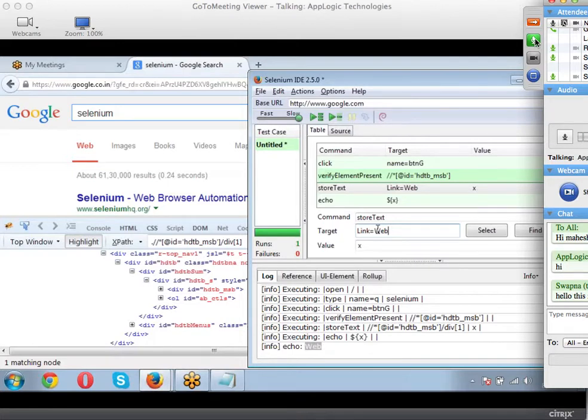So what is link is equal to here? Link is called a class. We can give a class name and the value of that class directly. That is also accepted. It is only possible for links.